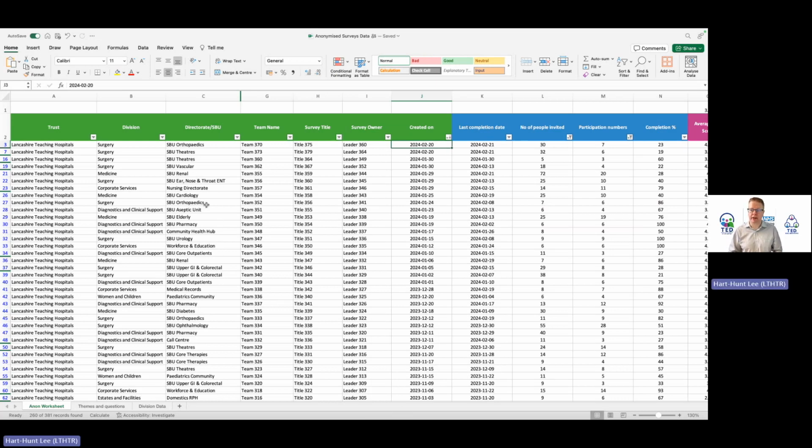So what I've got now here is a full list of the TEDs which have the potential to have been discussed and worked on by their teams. Looking at this now, I can begin to cut it in ways that I want to suit the different stakeholders that I'm presenting to. Something I do monthly at Lancashire Teaching Hospitals is provide data updates to our different divisions